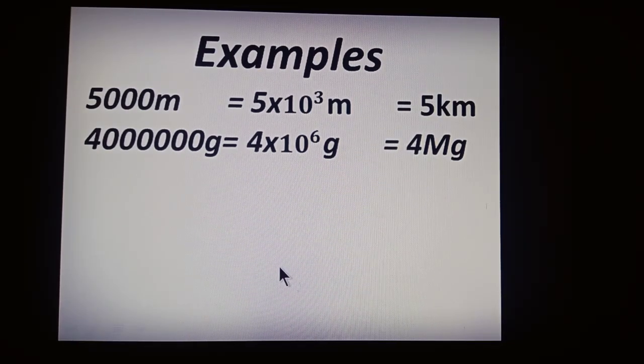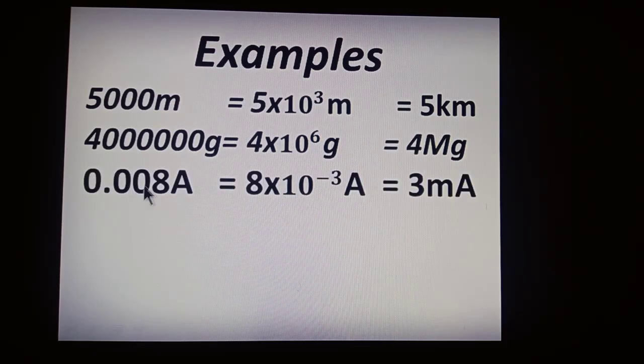Let us consider another example for a small number. If we are having a current 0.008 ampere, what we will do to express it in scientific notation, we will just shift. Remember the rule. Decimal is shifted after first non-zero digit. Now in this case, decimal is moved to the right, so power will be taken negative. Minus 3 means the decimal is shifted by 3 places, 1, 2 and 3 towards right. So it will be 8 into 10 raised to the power minus 3 ampere, or using prefix